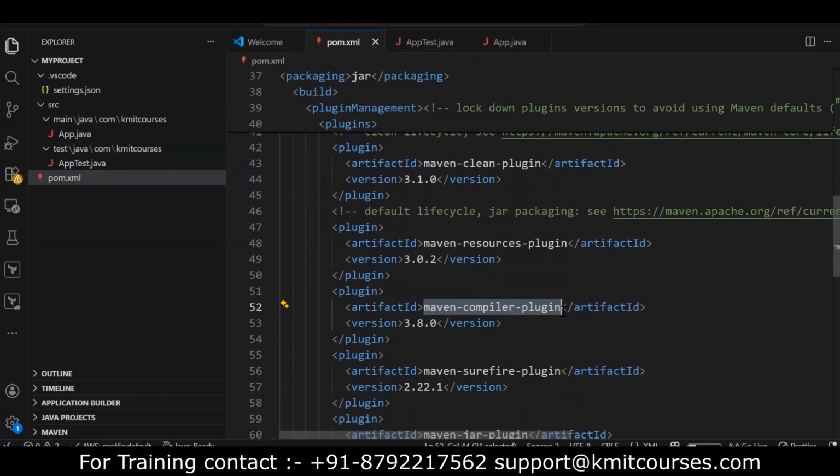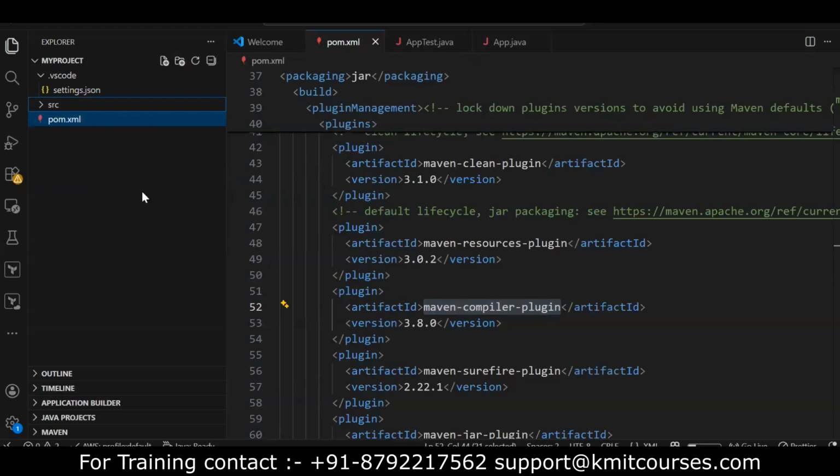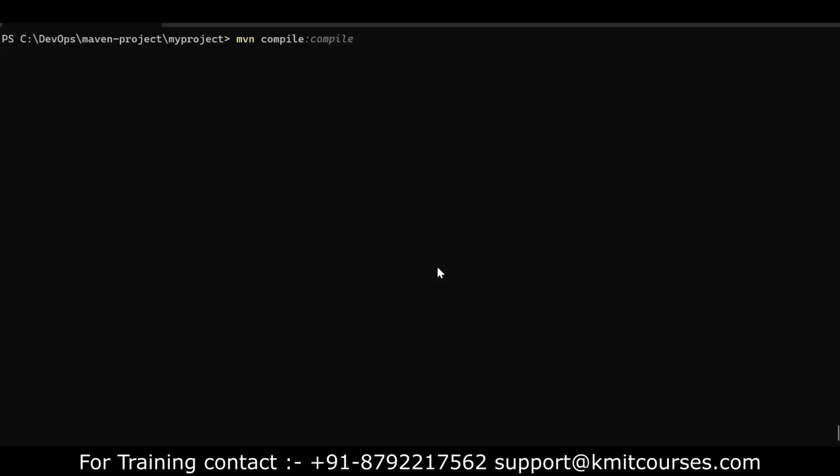Whenever the Java code gets compiled, bytecode gets created in the form of class. So it will create a target directory. So far you can see there is no target directory. So it will create a target directory. And in that target directory, it will have the bytecode or classes directory. So let us see. So when I run mvn compile,